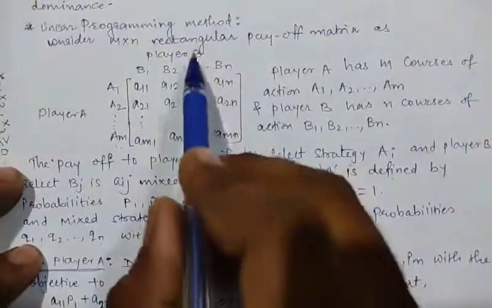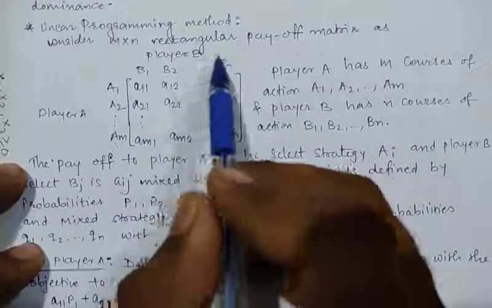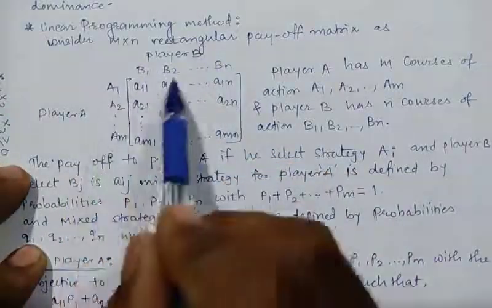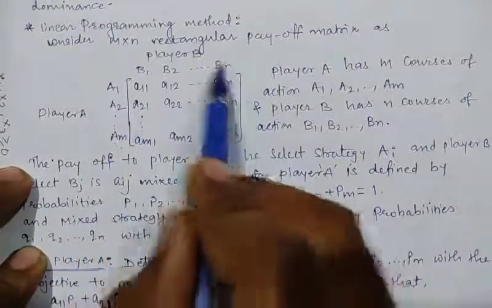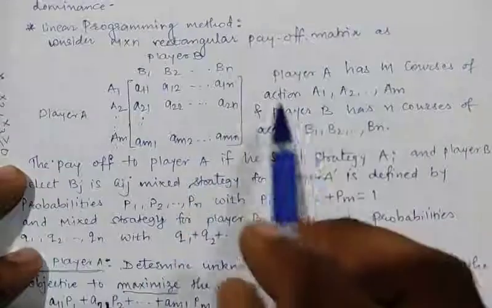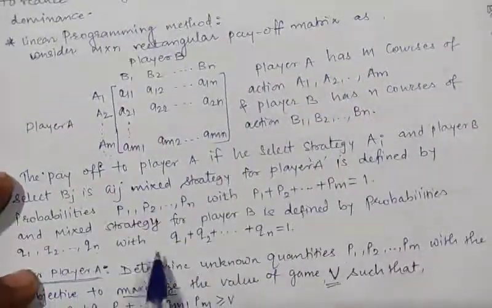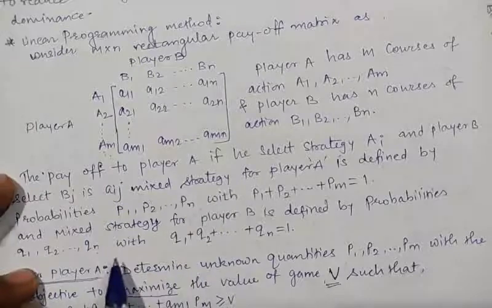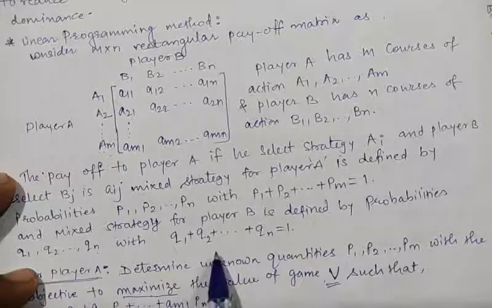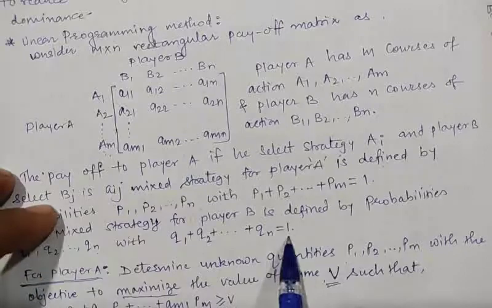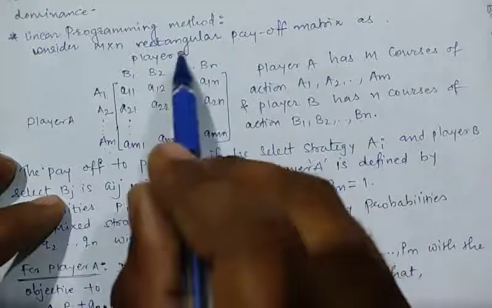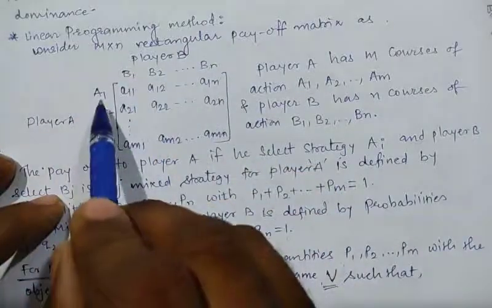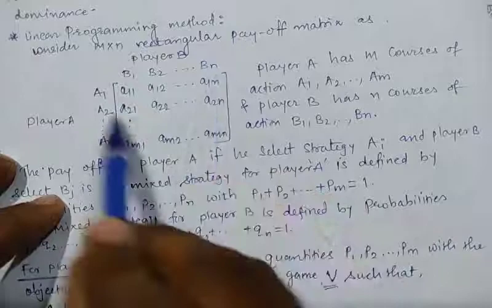Now in this case, first we select player B's strategy when player A plays A1. The next equation is player B's strategies when player A plays A2 and so on. So we select rows, and here we select the quantities Q1, Q2 up to Qn, and the objective function will be Q1 plus Q2 plus up to Qn is equal to 1. Now in this, the first equation will be when player B's strategy is when player A plays A1. So in this case we get the first row, second row and so on to the last row. So we get the equation like this.